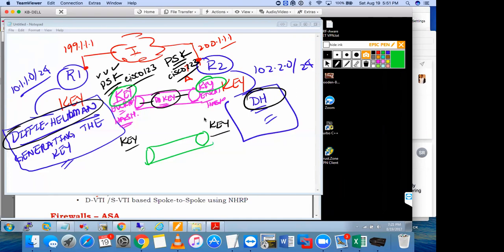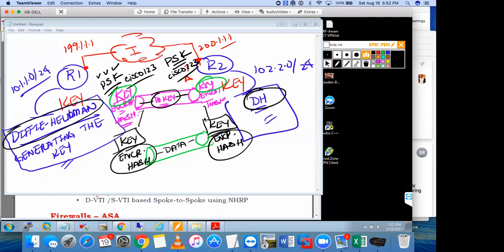What did I tell you I need for a secure communication channel between the two endpoints in a tunnel? What do I need? A key. What else? It's still there on your screen. Every tunnel requires what? Encryption and a hash. So for my second tunnel, again, I need to set up my parameters, encryption and hash. I don't need to set the key over here. Why? That's the whole purpose of the first tunnel, to exchange what? My key. All I need to set up over here is my encryption and a hash mechanism that needs to match on the second tunnel. And what gets sent over here? Data. Encrypted using this dynamically generated key, which was generated by Diffie-Hellman and exchanged in the first phase,